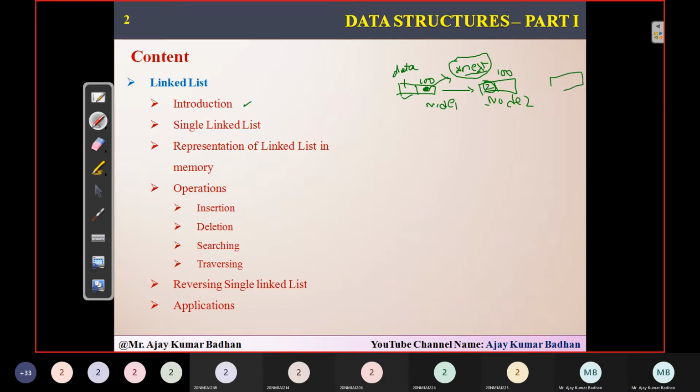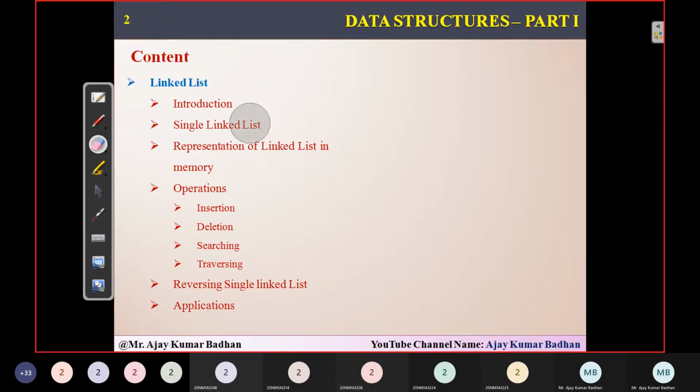Suppose we have one more element, so we need to create one more node. Every time we add a new element, we create a new node and attach it to the previous one. To attach it, the address of the new node is placed into the second block of the previous node. So for node 2 I am going to write 200, meaning it is pointing to the next new node. If we don't have any other elements to add, then the last node will represent the address as -1, which indicates the end of the list. In this list I have only three numbers, 1, 2, and 3. That is what we call a linked list.